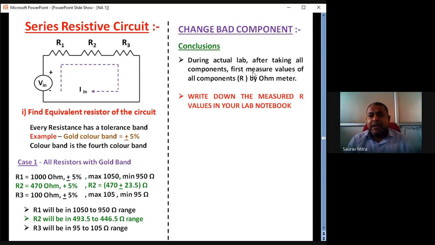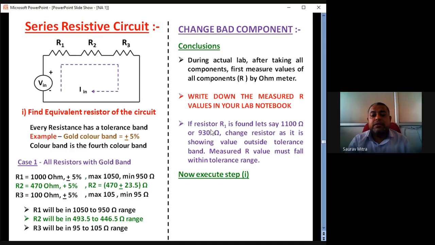So during the actual lab, after taking all the components, first you measure the values of all the components. That is very important. Okay, and after measuring all the components, you have to write down the measured R values in your lab notebook. That is very important. First of all, you are supposed to find out how many resistances are there. Suppose you take all the resistances, then measure them with an ohm meter and write down the resistance values in your notebook. So if resistance R1 is 1000 ohm, but it is giving you 1100 ohm, or maybe 930 ohm or something, then